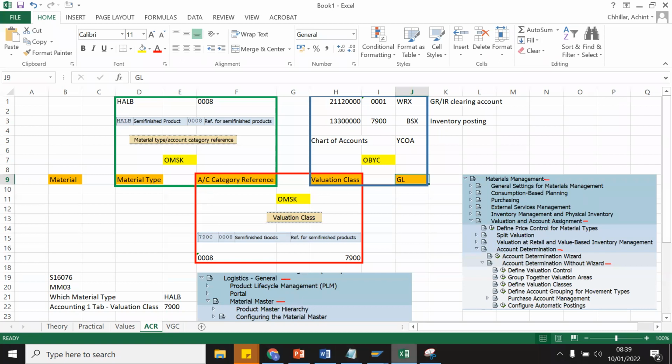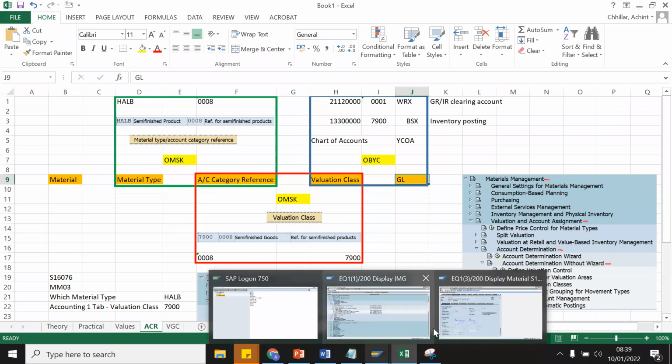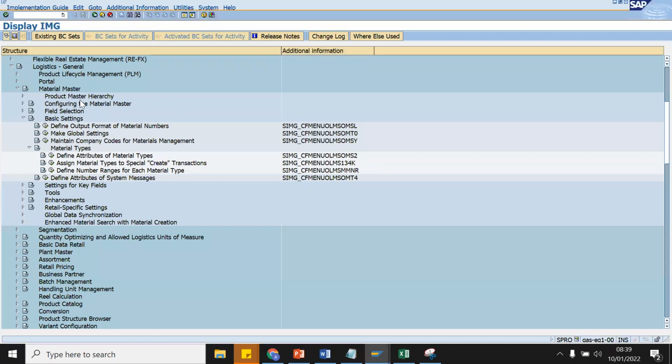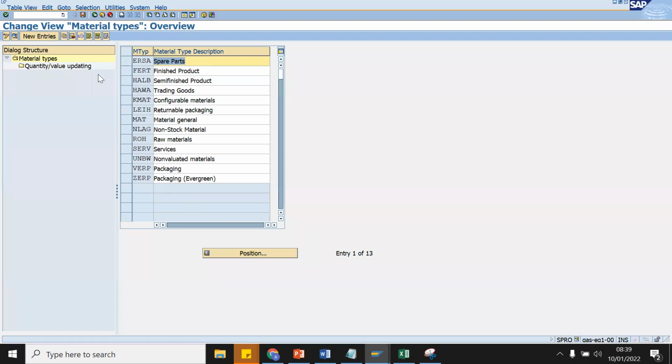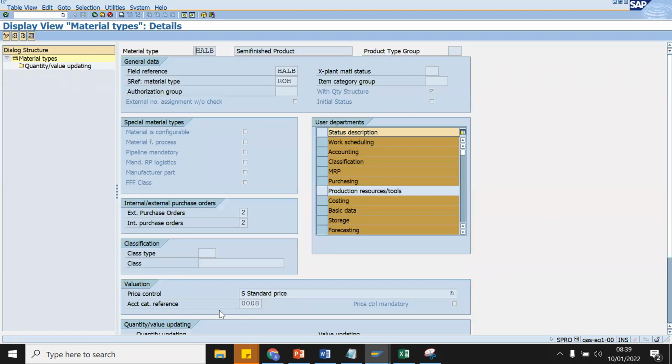What I mean by this is, if I go into the path, you can see that this is Logistics General, Material Master, Basic Settings, Material Types. If I go into the material types here, you can see HALB is a semi-finished product, and it is assigned to an account category reference 0008.